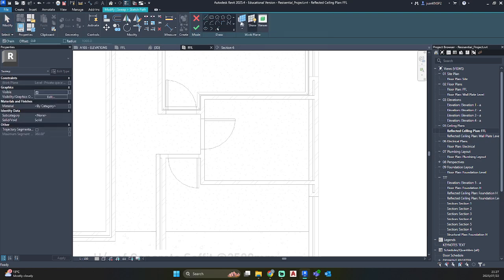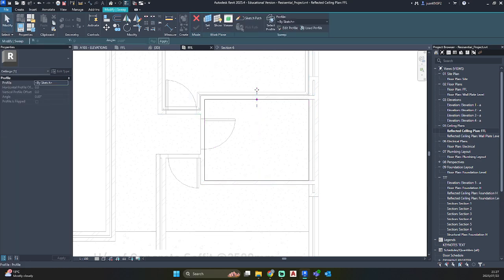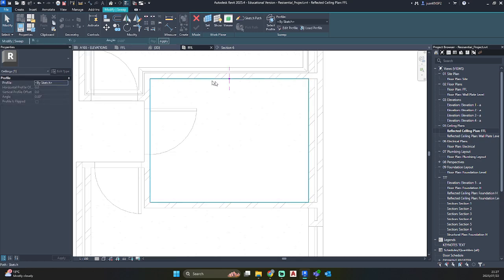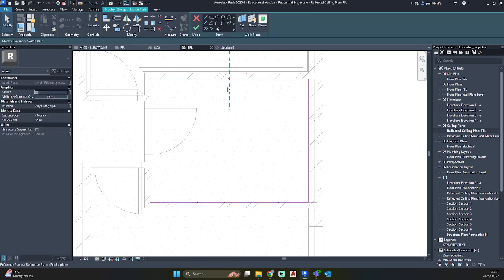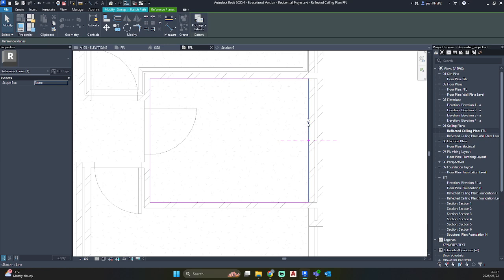Sweep, sketch path, going to use my rectangle tool again. Hit OK, and I want to move this reference plane again. So it seems that this one doesn't want to move with me. Okay, so you have to be in your path to edit your pathway.